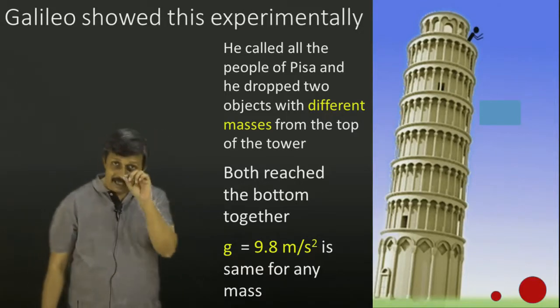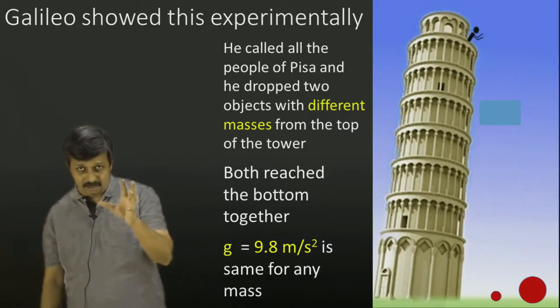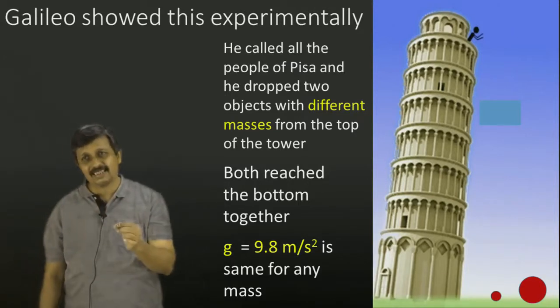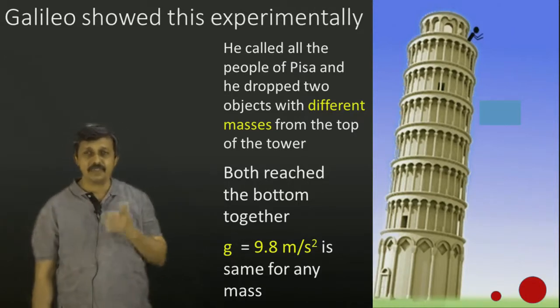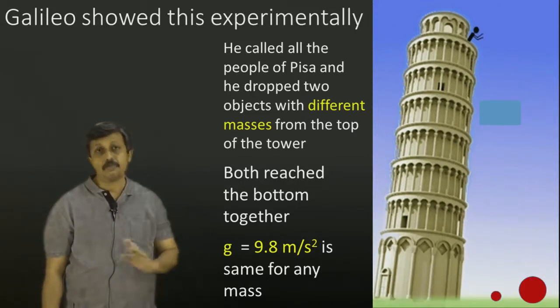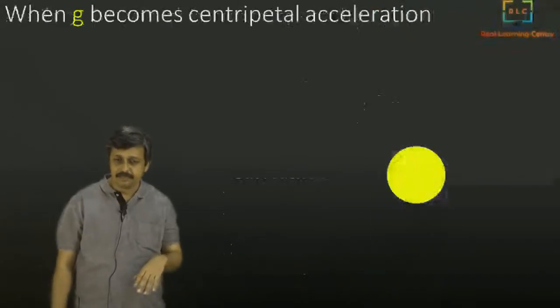And it may be a little different even on the Earth, because Earth's shape is not perfectly round. So in some places it is slightly more, in some places slightly less, in the second and third digit after the decimal point. But you can always take it as 9.8 for all practical purposes. Okay, so Galileo showed it experimentally. Now,